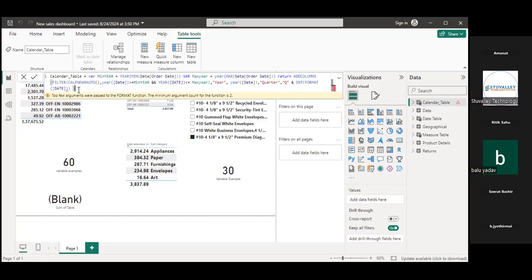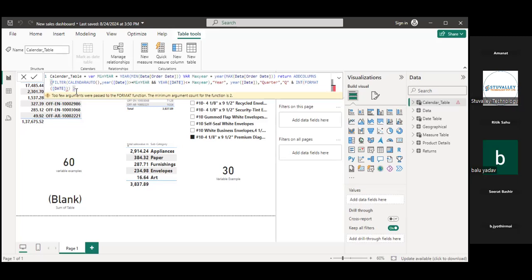Why will it give us an error? We stopped the filter function here, after maximum year. Then year, year date, quarter, and int format, date. Why is this an error?